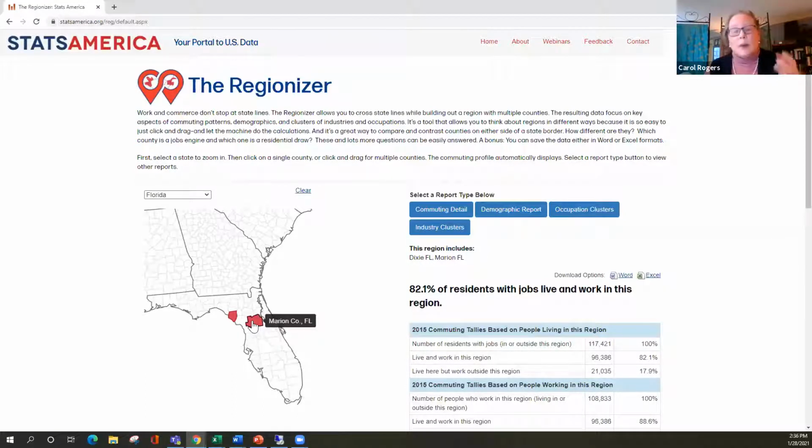So thinking about, say, I want to put together a region, quote unquote, that may be all manufacturing counties or counties that are heavy in retirement age population. I'm looking at Florida, so I think about that. And what you will have noticed, I hope, is how quickly the tool responds as I select and deselect counties